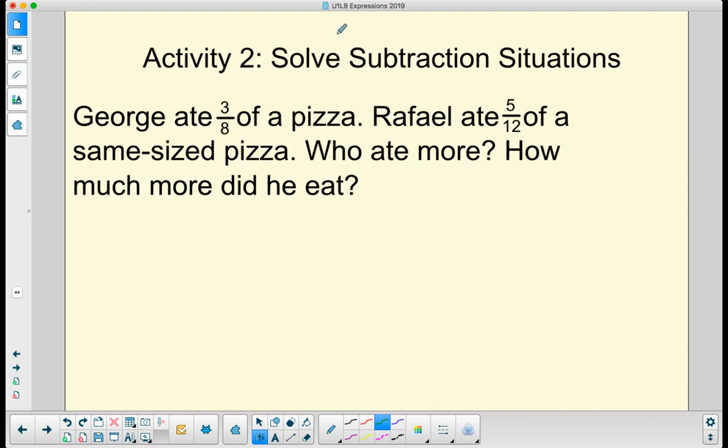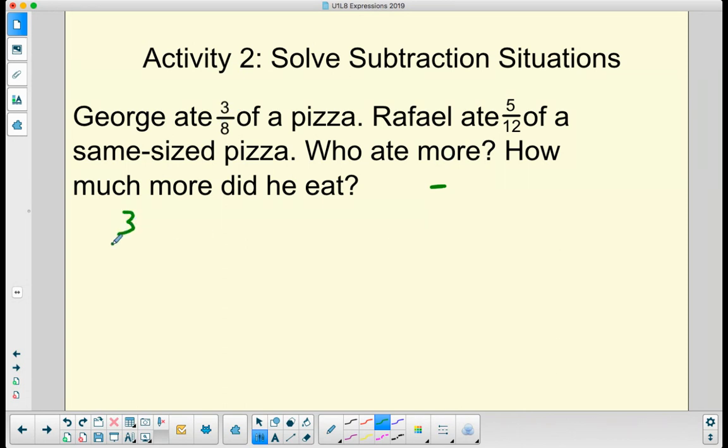Let's take a look at another situation. George ate 3/8 of a pizza. Raphael ate 5/12 of the same size pizza. Who ate more? How much more did he eat? All right. Well, how much more did he eat? I know it is a subtraction situation. But to subtract, I want to take my greater value and subtract the lesser value. When I want to know how much more something is, I start with my greater value and subtract my lesser value. So I need to figure out which is greater,